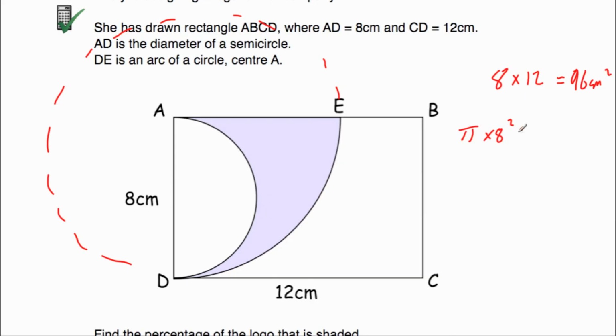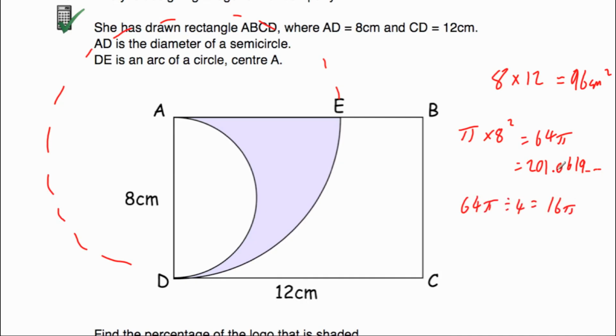And whenever we do pi times 8 squared, that would be 64 pi, or if you wanted to work in decimals, that would be equal to 201.0619 and so on. I'm going to use 64 pi here. So that would be the area of this whole circle. Now I just want the area of this quarter circle, this ADE quarter circle here. So I'm going to divide this by 4, and if I do 64 pi divided by 4, that's equal to